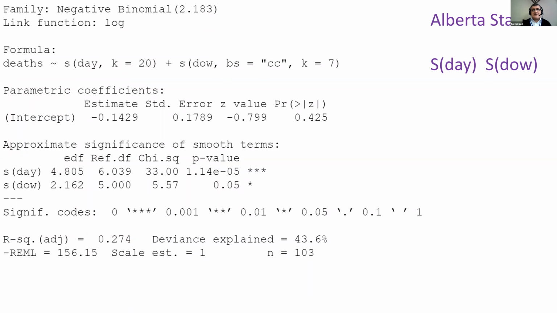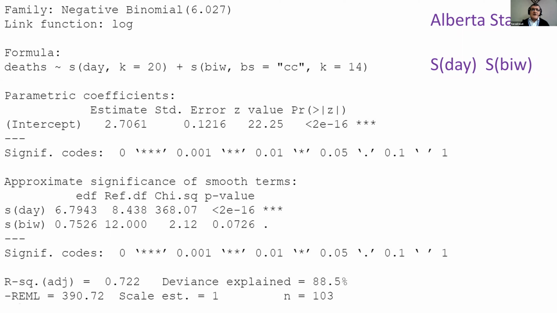Alberta is like what we see here. Even as I said, the Alberta case is not so normal. For the intercept, we didn't even have 1 star of significance. There is no significance for the intercept, but for day and day of week we have significant levels, and the adjusted R squared is just 27%, which is nothing. So this shows that the data for Alberta is really not good, not normal.